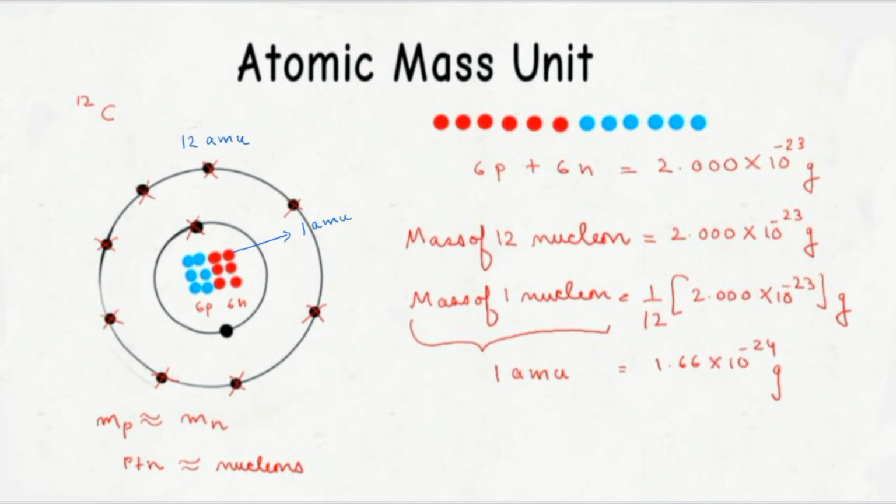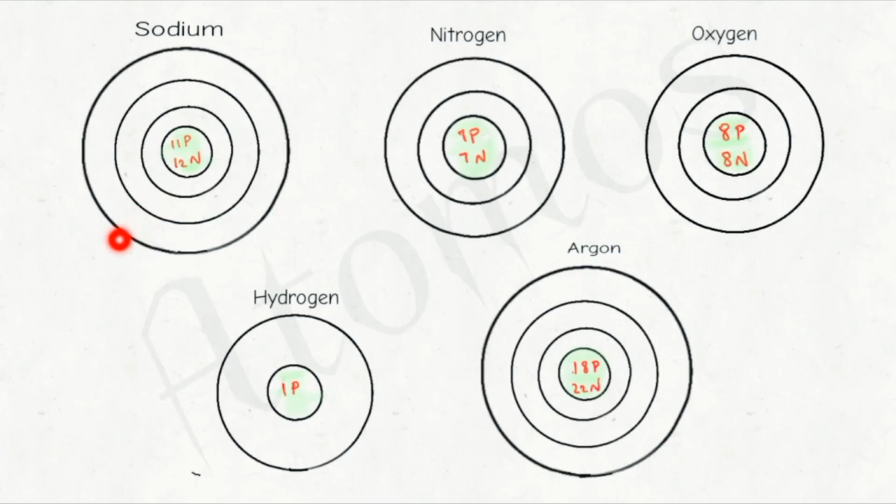Okay, we have more examples also. Can you tell me what will be the atomic mass of sodium in the new system of unit, that's in AMU? We will have to look only into the nucleus, okay, because mass of the atom depends only on the nucleons. We are not considering the electrons. How many nucleons are there? 11 protons and 12 neutrons. Total it will be 23 nucleons. So its mass is 23 AMU.